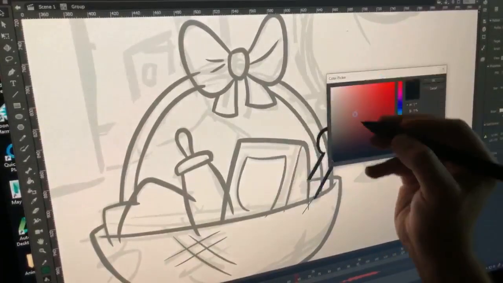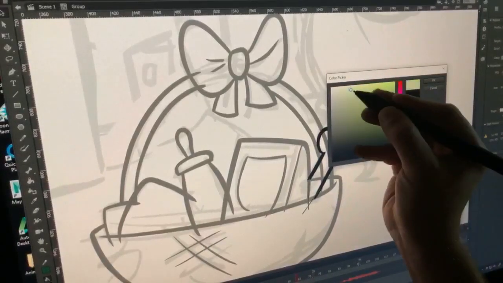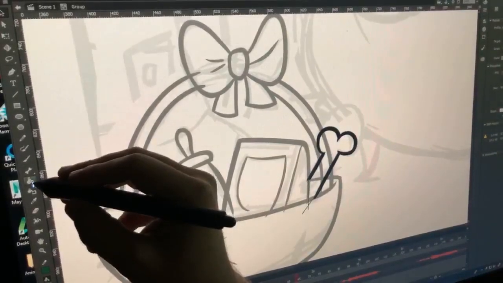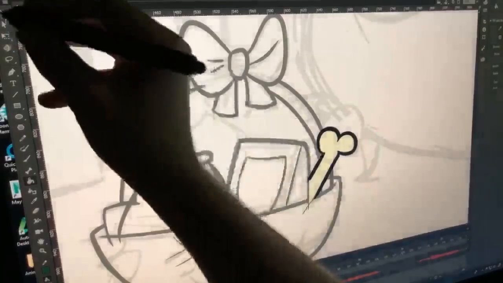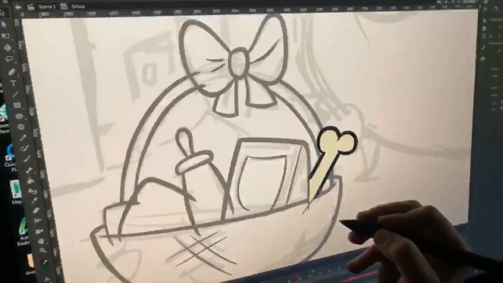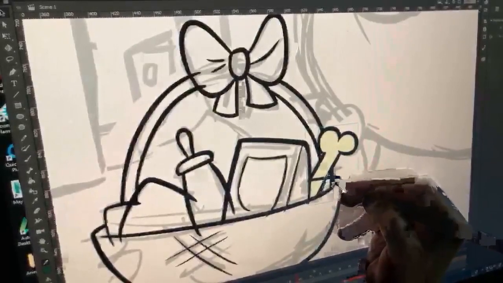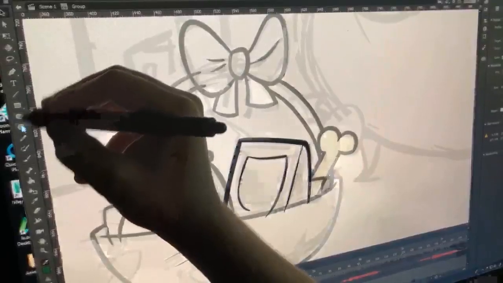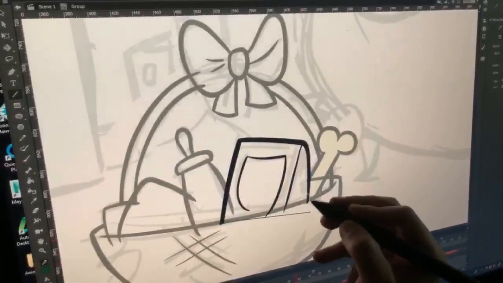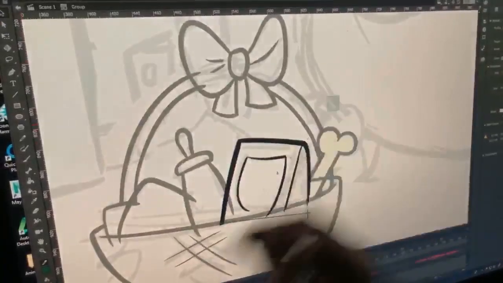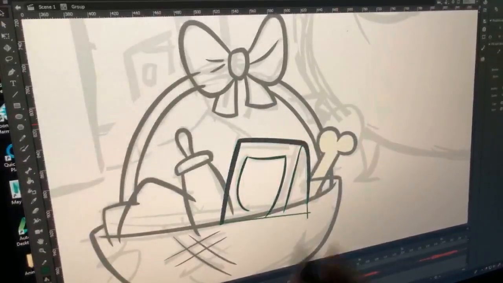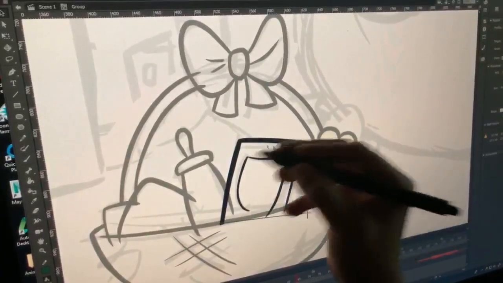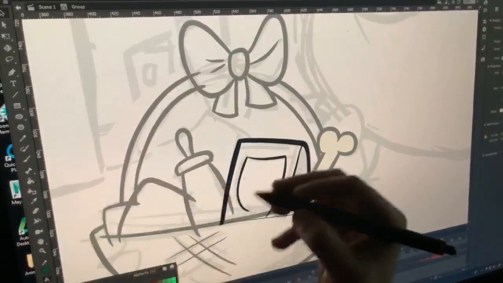Okay, so then I'll go and make a color. Let's say it's a bone, so I'm going to want it to be kind of yellowish and a little closer to white. And then I'll pick my bucket here and fill it. There you go. So that's done. I'll get rid of these lines. And then here, I guess these could be diapers or treats. I'll break this. Again, I closed all the open areas, closed off the open areas, broke the object, and then I'll go pick my colors.